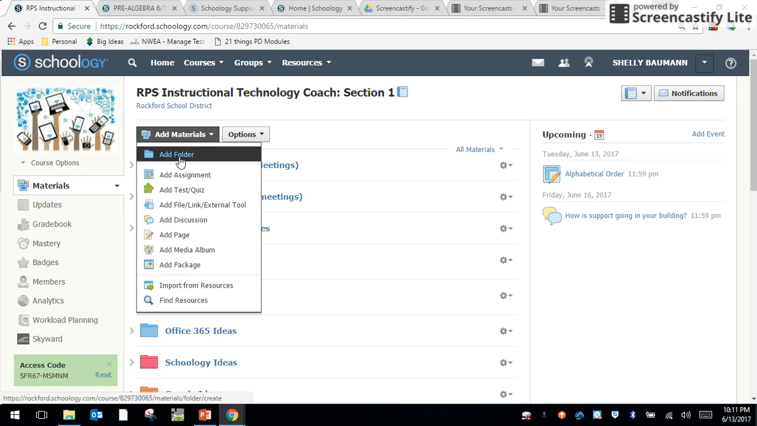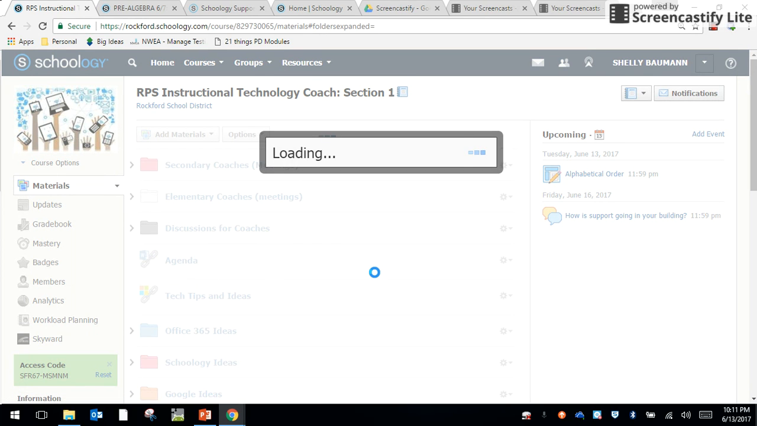We can add a new folder if we have a whole new section to go in. We can also add assignments for others in the group, and tests and quizzes, files and links. This is how all of these things were added. You can import from resources. And so if you click this, this would take us to